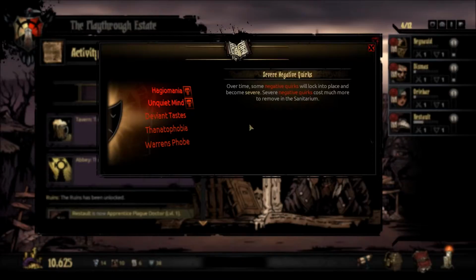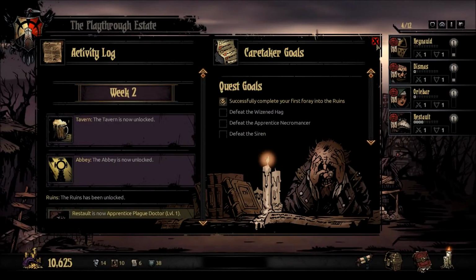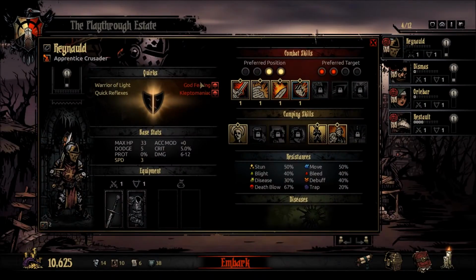So, this is what you have to be careful of. This little tab right here. Over time, some negative quirks will lock into place and become severe. Severe negative quirks cost much more to remove in the sanitarium. So as soon as I get the sanitarium, I'm going to try to remove the...